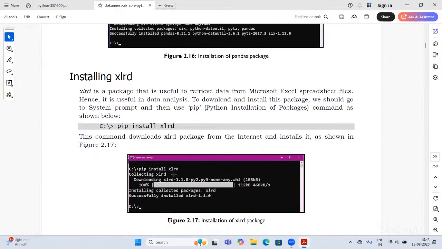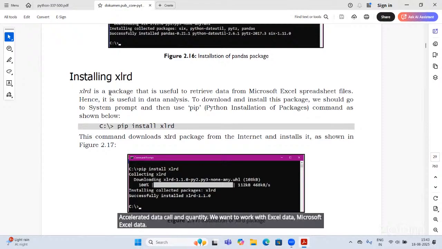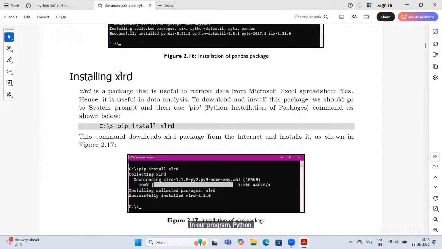And the next one is XLRD. Installing XLRD.